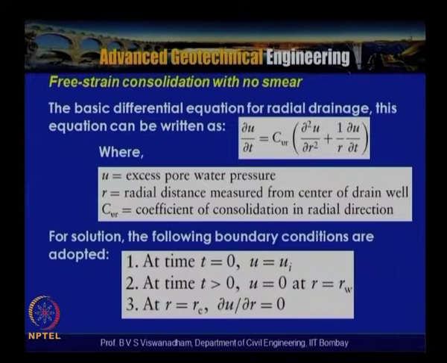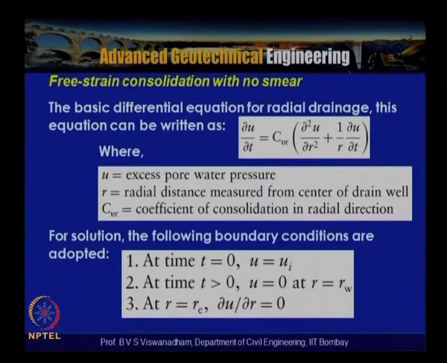One is that at time t equal to 0, u is equal to ui, that is nothing but the initial pore water pressure due to the increase in loading delta sigma, so u is equal to ui, which is equal to delta sigma. At time t greater than 0, once the consolidation commences, u is equal to 0 at r is equal to rw. That means that at the boundary of the well, it is assumed that the pore water pressure is 0,